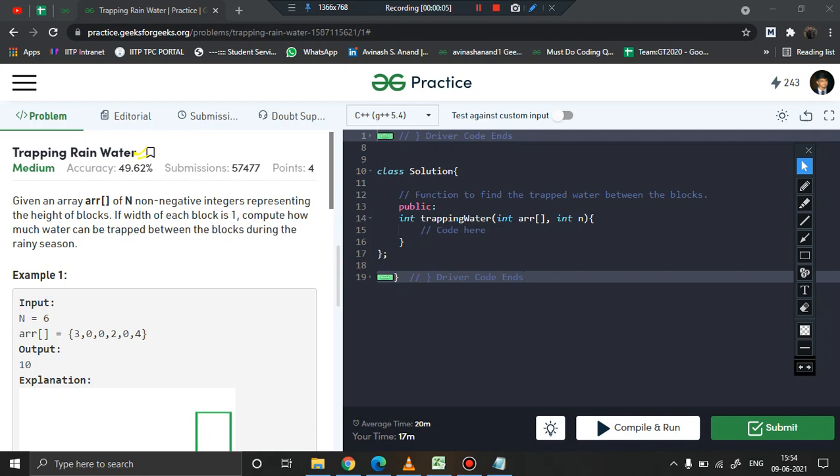In this particular video, we'll be discussing the problem of trapping rainwater. We had already discussed this problem in detail in the previous video, and the time complexity of that approach was order of n, and the space complexity was also order of n. Why order of n? Because if you remember, given an array,